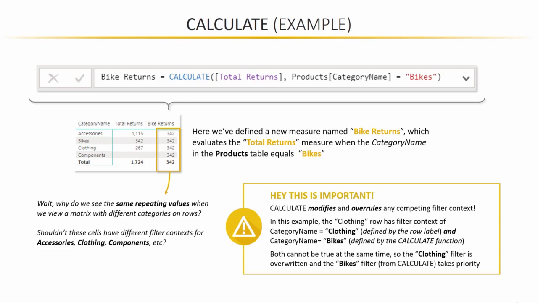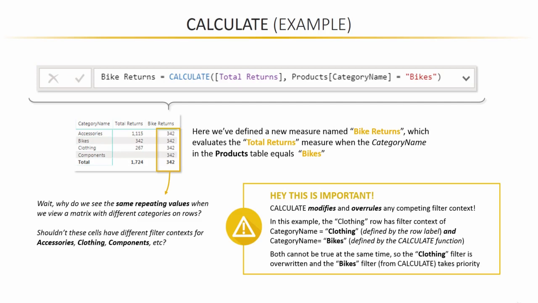Let's pay attention to the clothing row, for instance. That clothing row in the matrix has filter context of category name equals clothing, which is defined by the row label, and it also has filter context for category name equals bikes, defined by the calculate function. And since both can't be true at the same time, the clothing filter is overwritten and the bikes filter from calculate takes priority. So think of calculate as kind of the bully function or the bully filter, which says, I